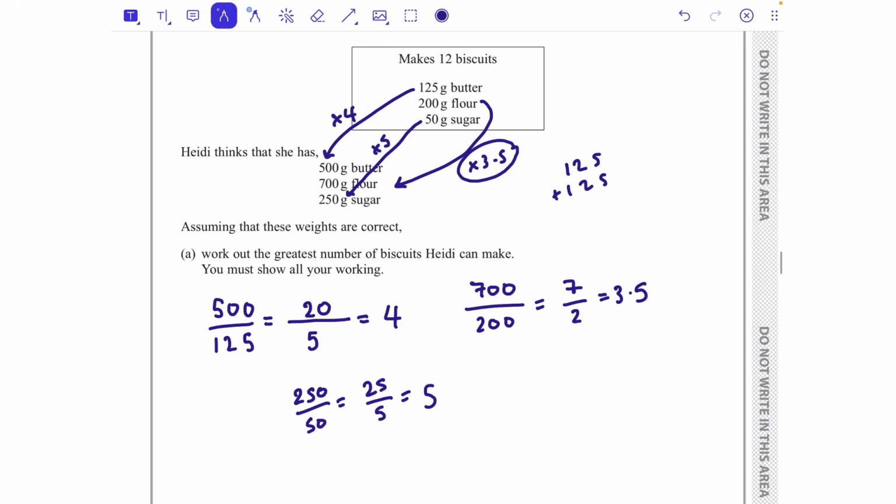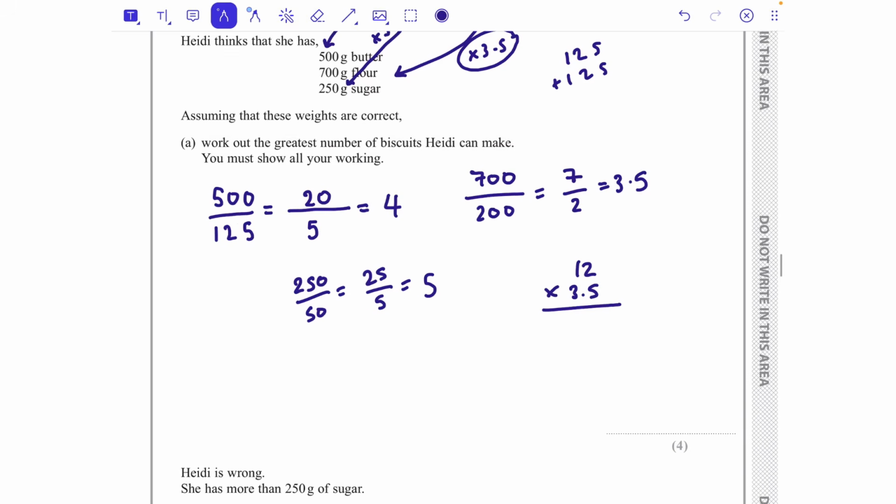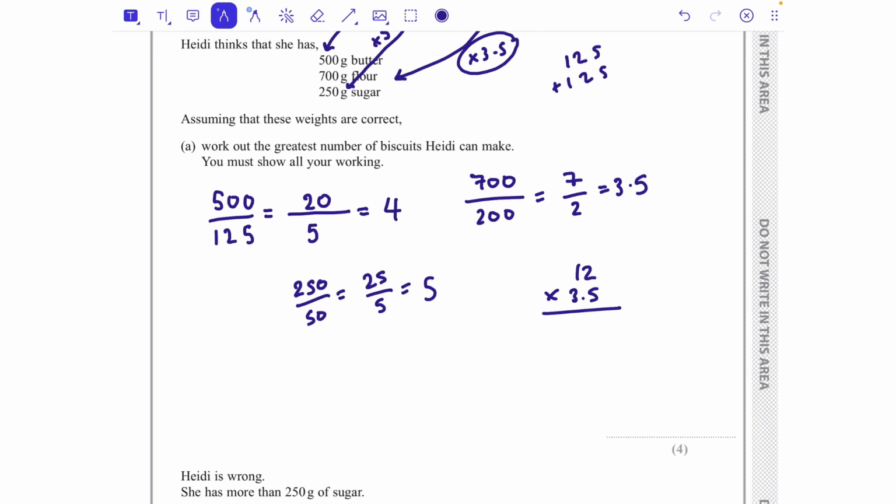So we're going to take 12 biscuits, times it by 3.5, because we can do the recipe 3.5 times. Now you could do it this way, or you could do it using the grid method. Entirely up to you. 5 times 2 is 10, so 0 carry the 1. 5 times 1 is 5, add the 1 is 6. And then moving over to the 3, remembering to put that 0 in. 3 times 2 is 6, and 3 times 1 is 3. Adding that together,